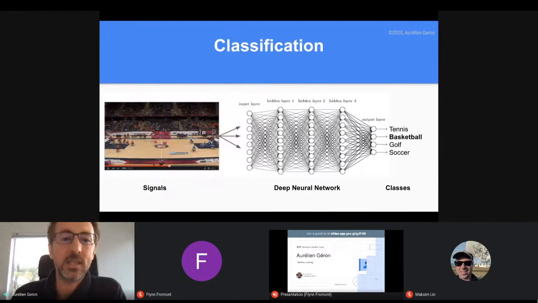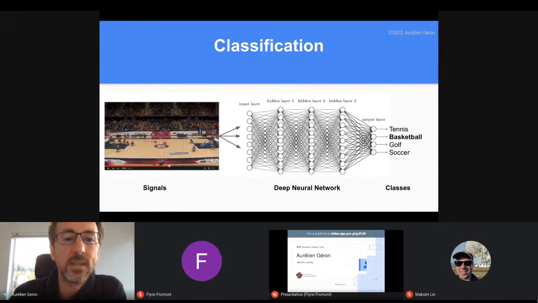The other application is classification, and that's one of the things I worked on when I worked at YouTube. I was leading YouTube's classification team, so basically classifying automatically all the videos. There were about 2 billion videos at the time, probably 10 times that today. One of the things we tried to do is find what the topic of the video is. So is it a video about tennis or basketball or golf or whatever? There was a team in Mountain View that was specialized in that. That was not our team, but we were using the output of their efforts.